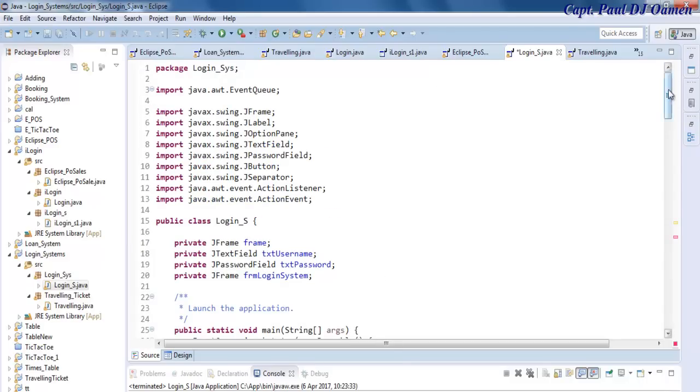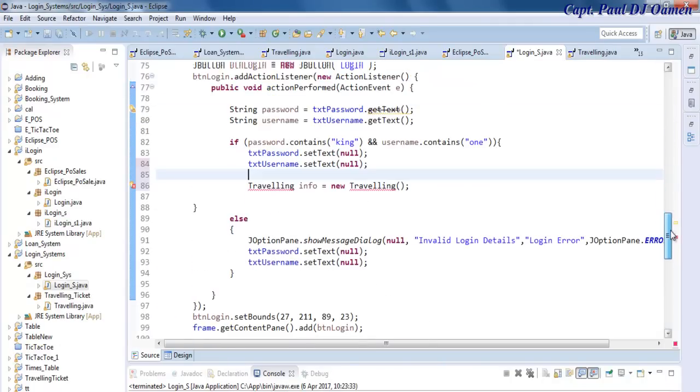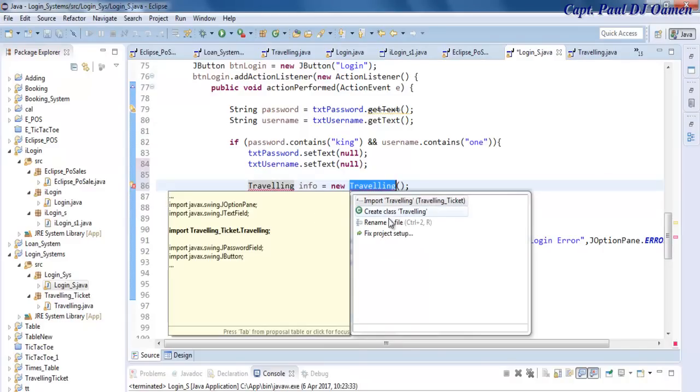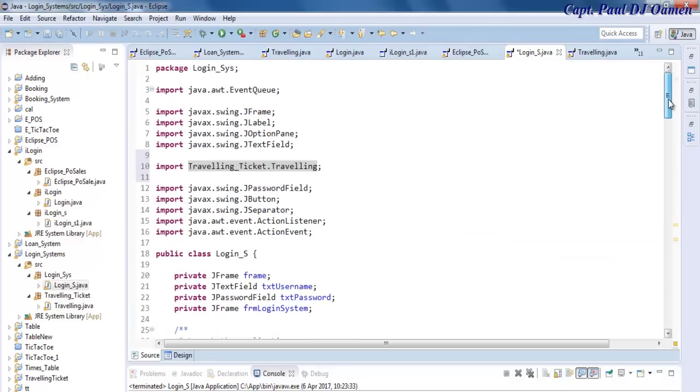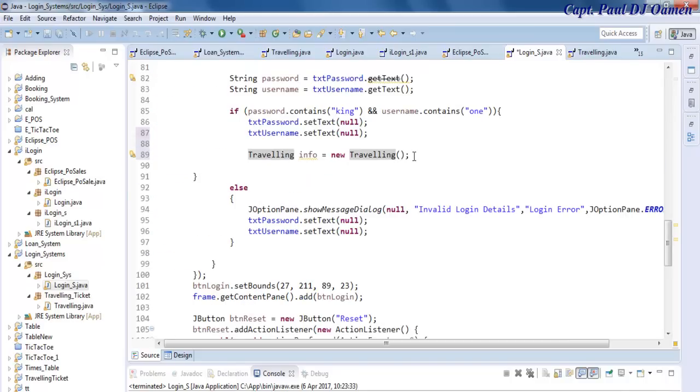Have a good look at it. So let's come right down. There we go. Click on it, and we need to import. There we go, the error is gone. And let's see up there, and that is it. It has been imported. So what I would do is, you see this travel, for it to be able to